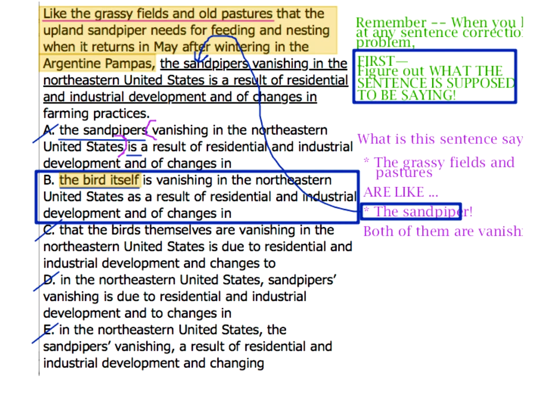Well, the first part is a modifier. The first part is basically just like the fields and pastures. The rest of it has a subject and verb in it, but that's all within a modifier. Like notice that the bird needs for feeding when it returns in May. You can take that blue part in parentheses out. So basically the entire first part is just like the fields and pastures. So, some modifiers have,